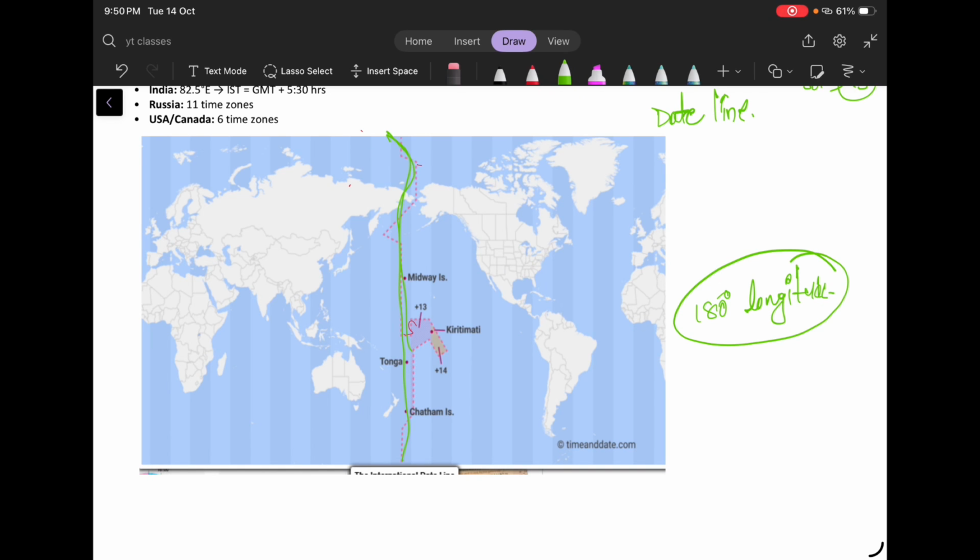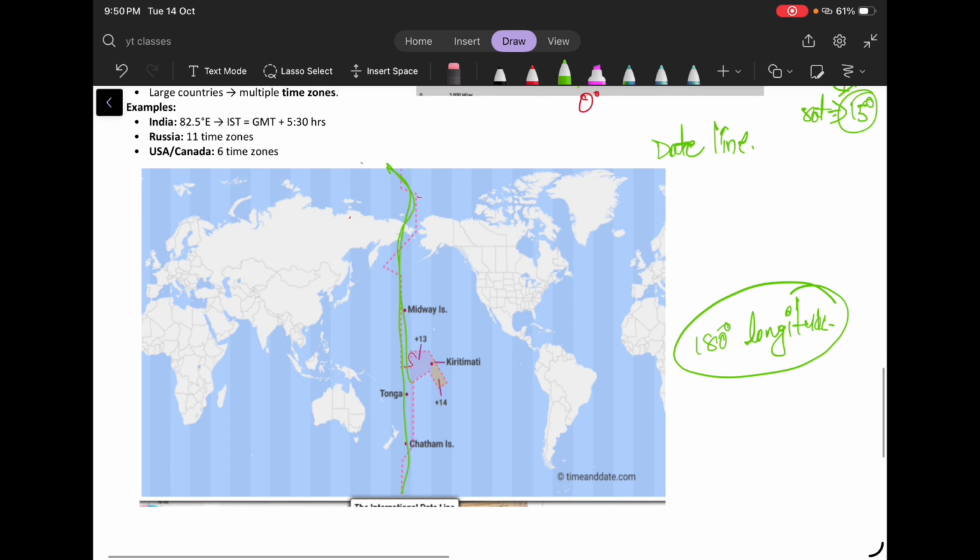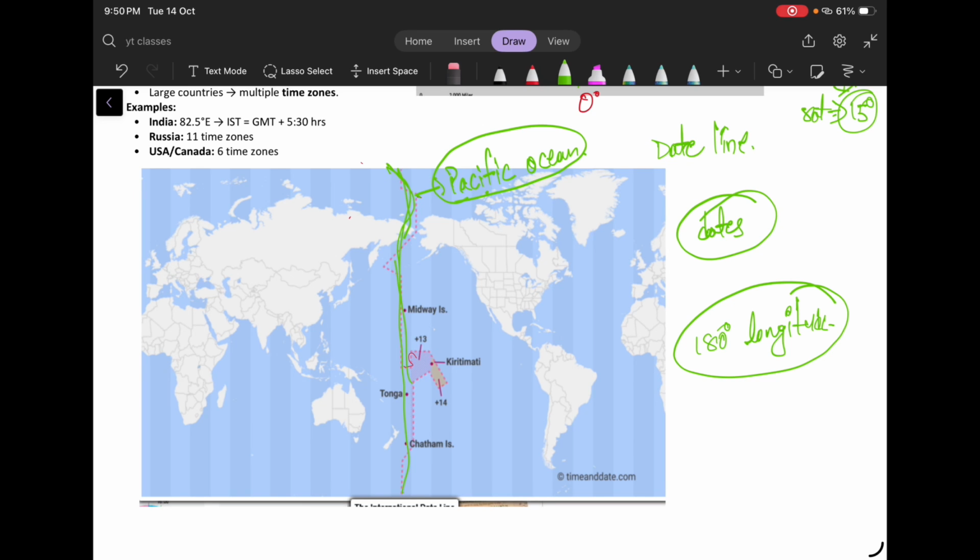This 180 degrees longitude is present almost in the Pacific Ocean region. This line divides the dates of different countries. So suppose on this side it is May 10th, here it will be May 11th,